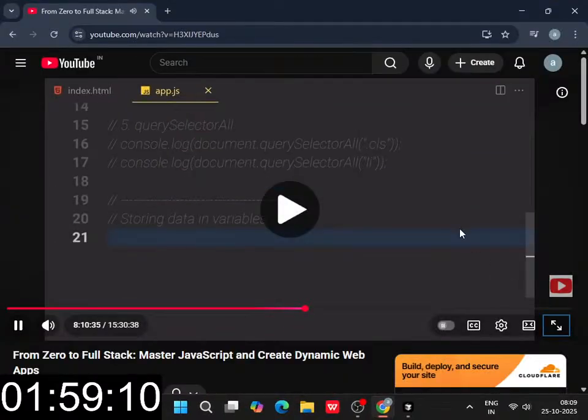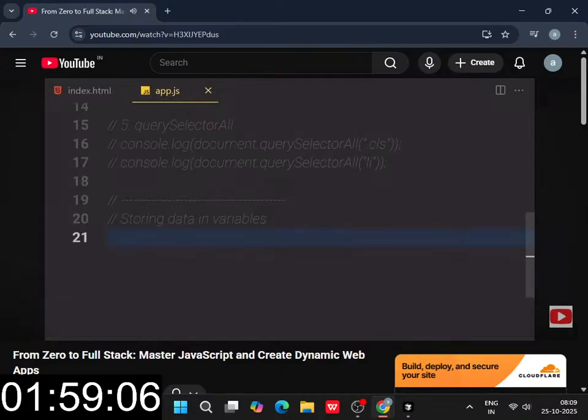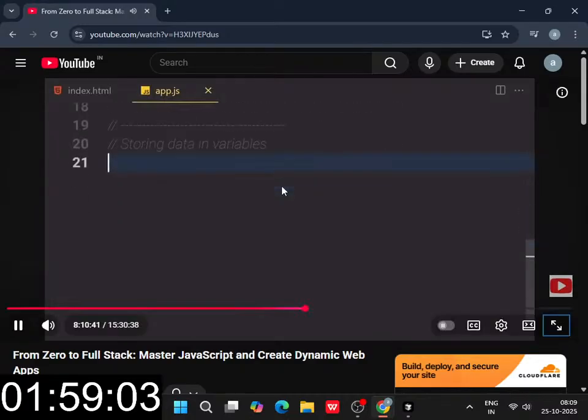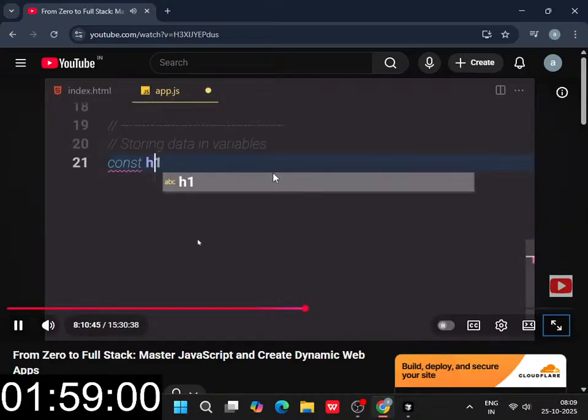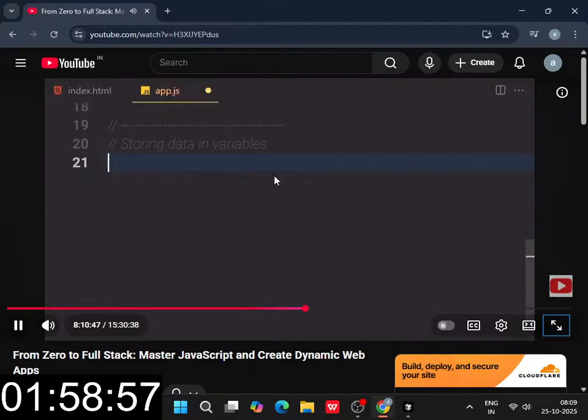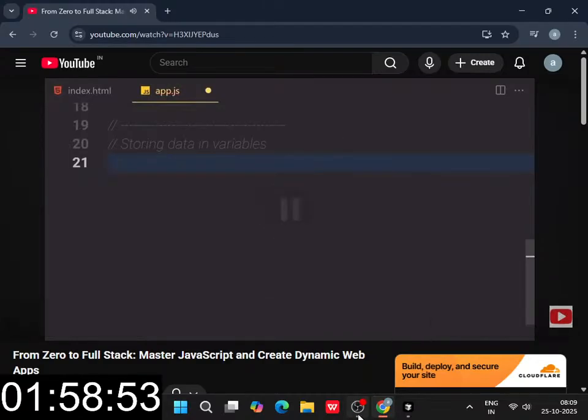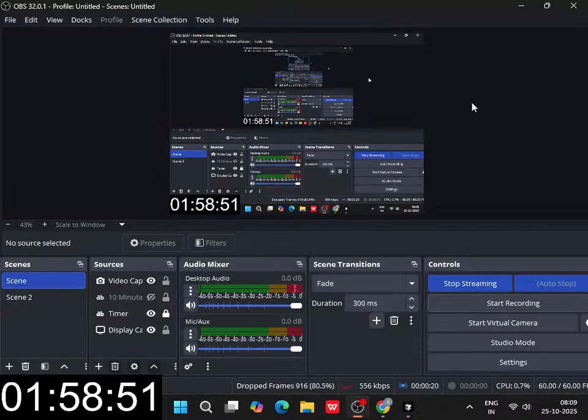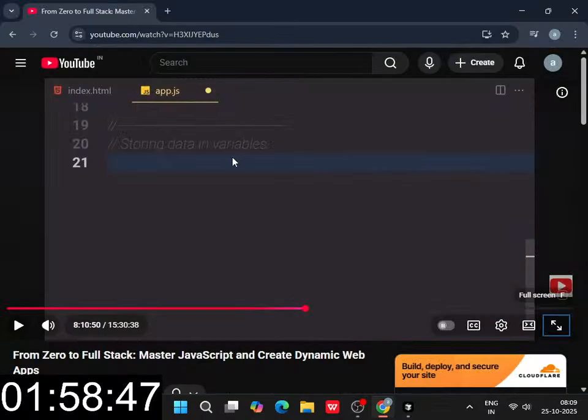So now let's suppose you want to select something and store the value of that in some sort of a variable. You can also do that. Let's suppose I want to select that h1, so I'm going to write const h1 or let h1 or var h1, so you can use whichever kind you like, but in my case I'm going to select that h1, and here I'm going to just write doc